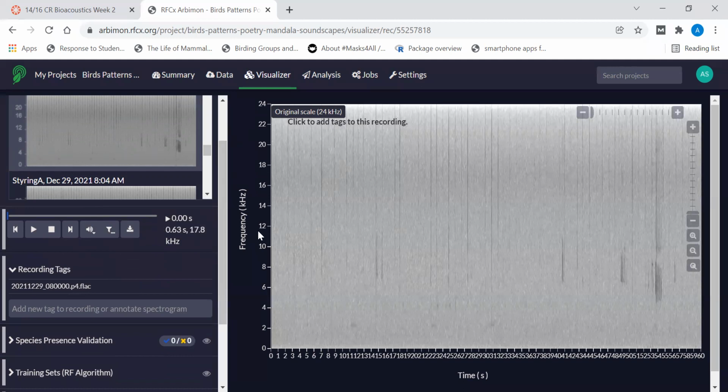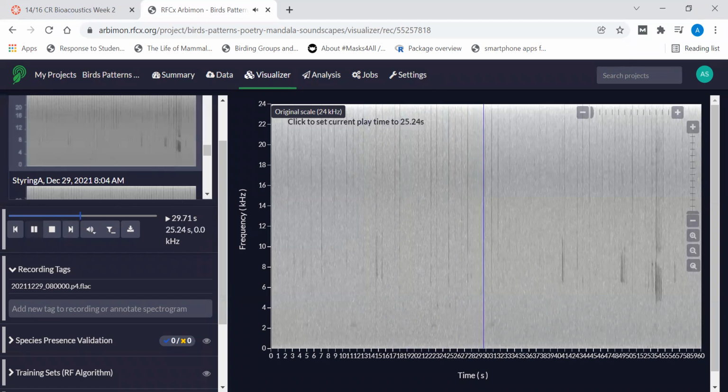So I'm going to listen through the recording. And one thing I'm hearing a lot of are these long, dark lines. And I know based on the site that I deployed this recorder at, that these dark marks that span a large frequency band are raindrops, dripping drops. There was snow and ice events during this time period, and then there was melting. So that's what this sound is.